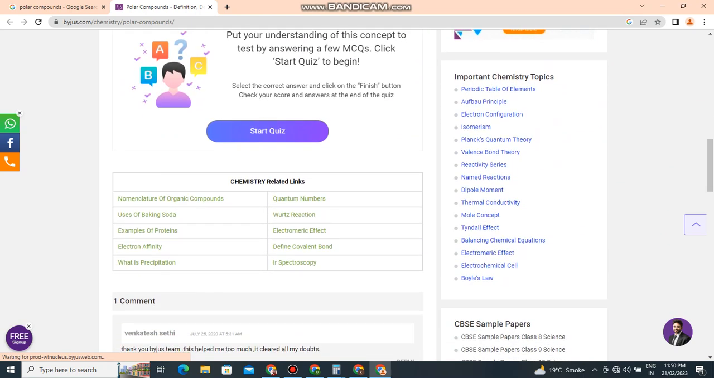Important chemistry topics: periodic table of elements, Aufbau principle, electron configuration, isomerism, Planck's quantum theory, valence bond theory, reactivity series, named reactions, dipole moment, thermal conductivity, mole concept, Tyndall effect,